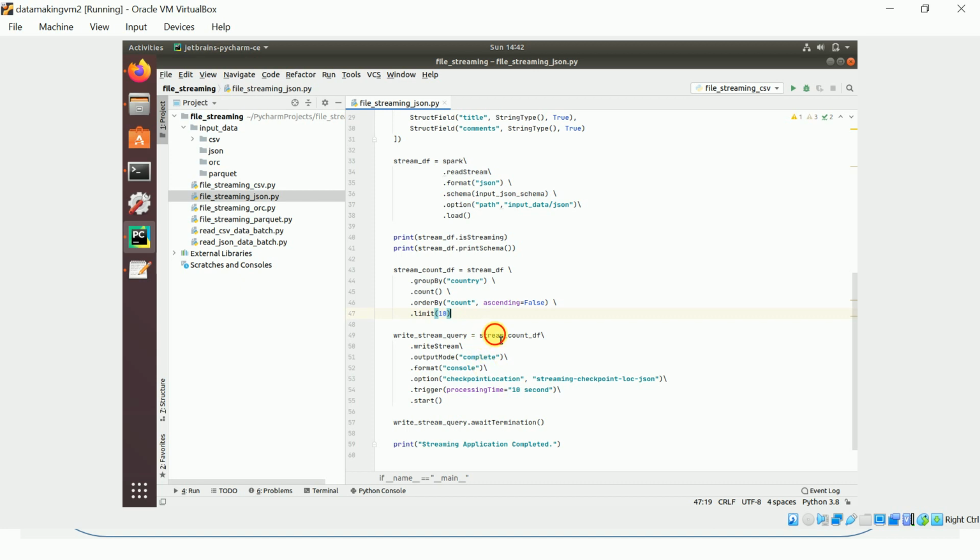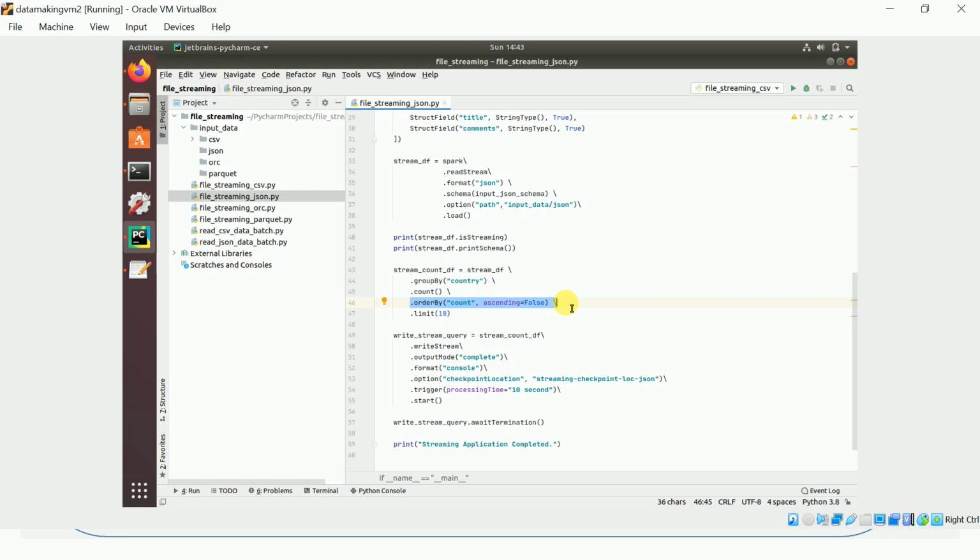Then we take this stream count data frame and do the write stream on the console. I introduced the output mode as complete, because aggregation can be applied in complete mode and update mode, but order by you cannot apply in update mode. I'll repeat: aggregation can be done on two output modes, complete mode and update mode.